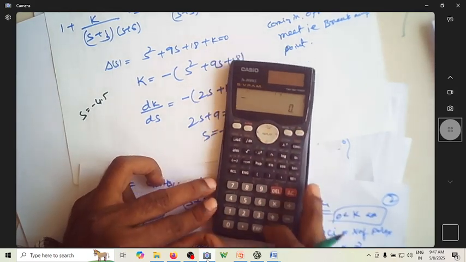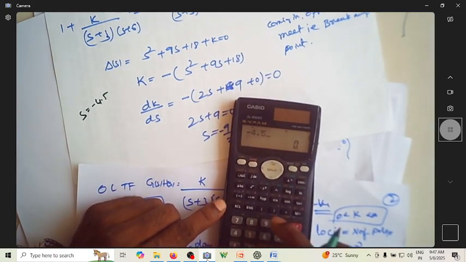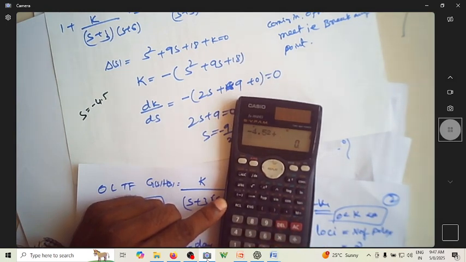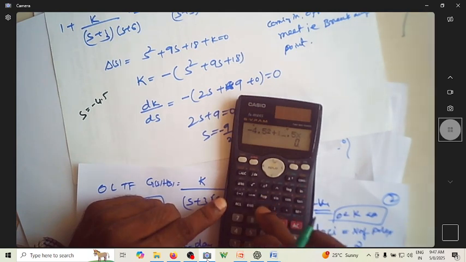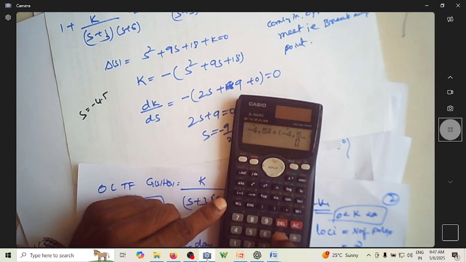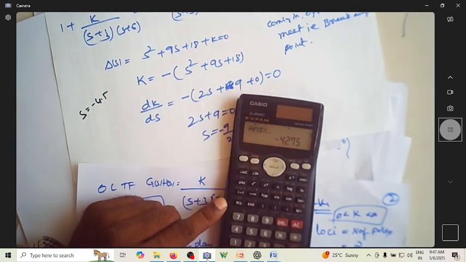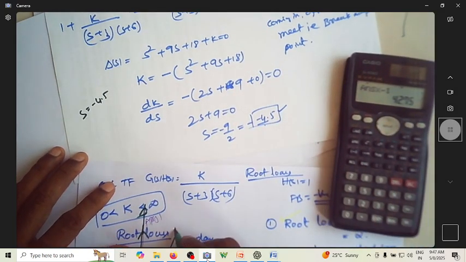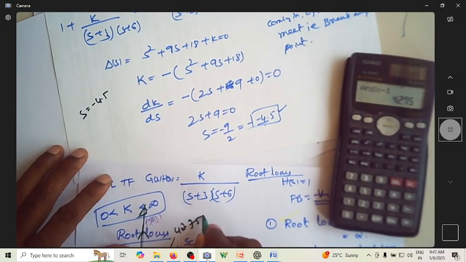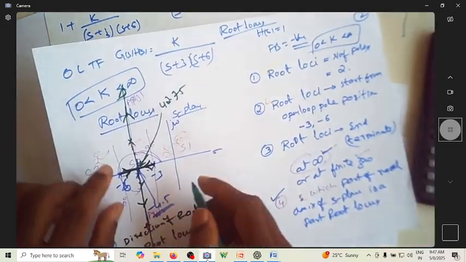So it is now minus 4.5 square plus minus 4.5 into, maybe let me just put a parenthesis, minus 4.5 into 9 plus 18. So this whole minus into minus 1. You can see the value of k at this point is 42.75,